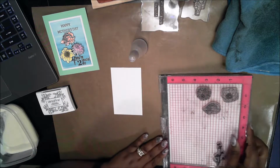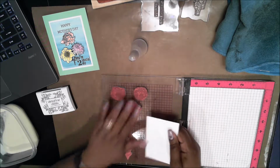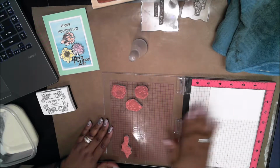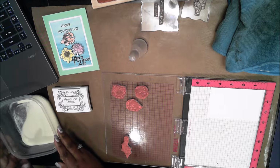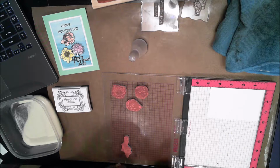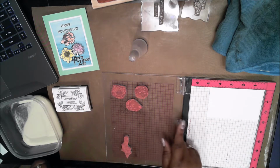The first step will be to do my watercolor flowers. I have my Misty tool and I have my watercolor flowers already in place on the door of the Misty. So I'm going to bring in my watercolor panel, the one that's about 3 inches, and I'll make sure that I have enough space. Yes, I do. And I'm going to stamp it with the Versafine, and once it's stamped, I'm going to immediately put it into the clear embossing powder, which will stick to the wet ink, and then I can take it and use my embossing gun and just heat set it, and I will eliminate the step of having to use the Versafine on top of that. If I'm ever embossing black, I always do the clear over black ink rather than do the